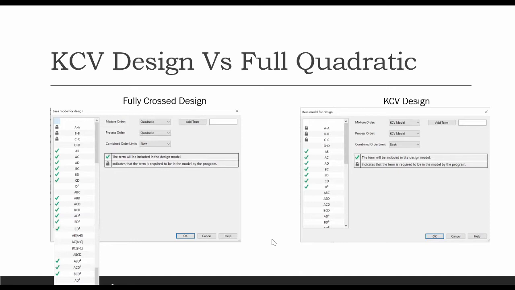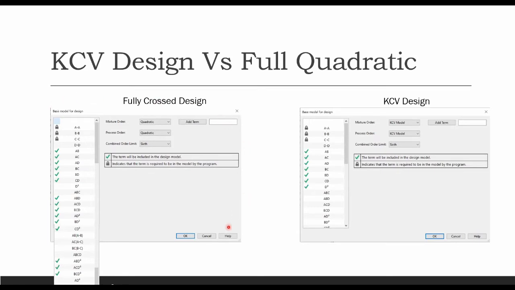And really what you get is a design with the individual mixture components linked, and some of the mixture components are linked to the process factors, but it's not a total complete cross of all the mixture terms with the process terms. Now, said in a practical way, if you go into Design Expert and you use my design, a 3-part mixture and a 1-part process design, and you ran a fully crossed quadratic by quadratic design,